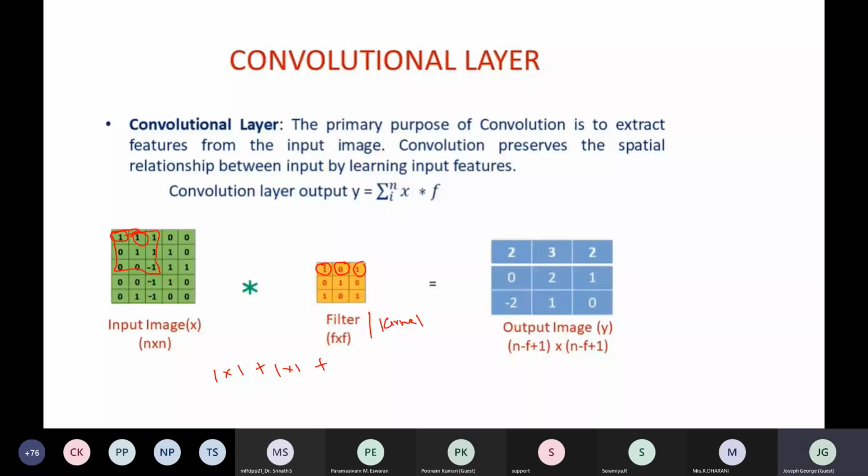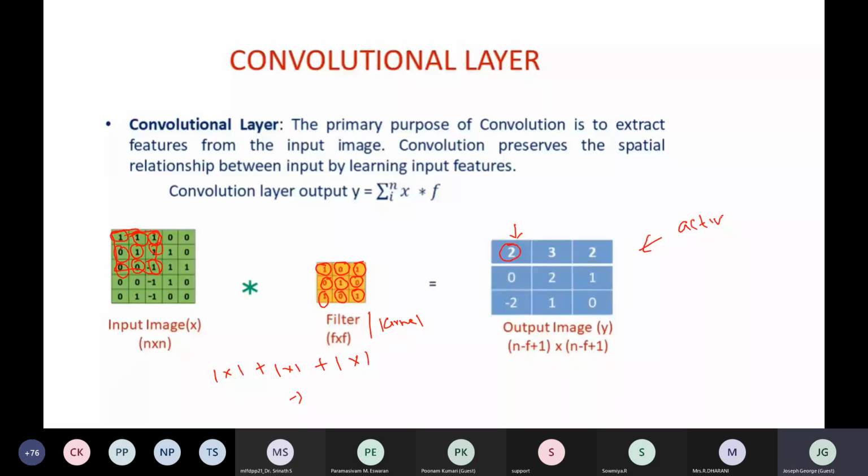Likewise we multiply the pixel values of this image with the respective pixel values of the filter, and then we take the summation. Finally you get a value, and that value is the convolved pixel value. This is what we call the activation map.